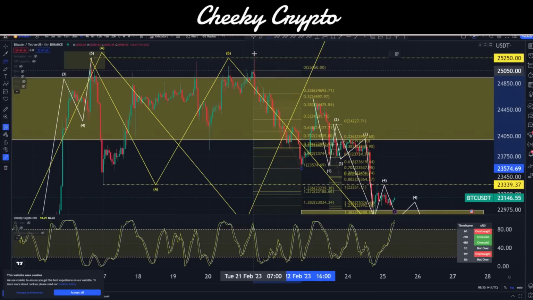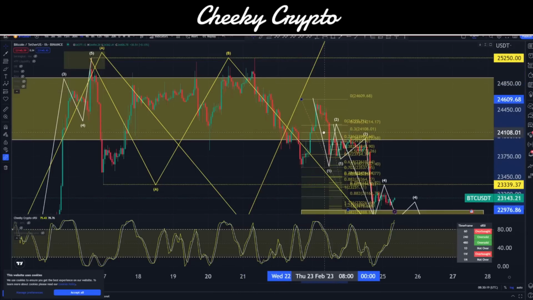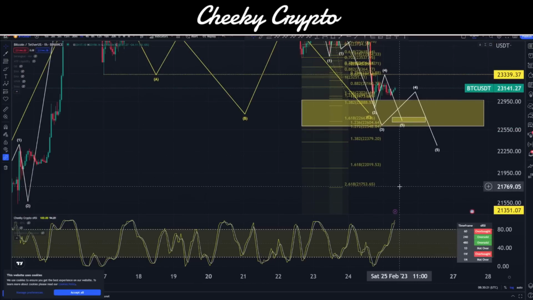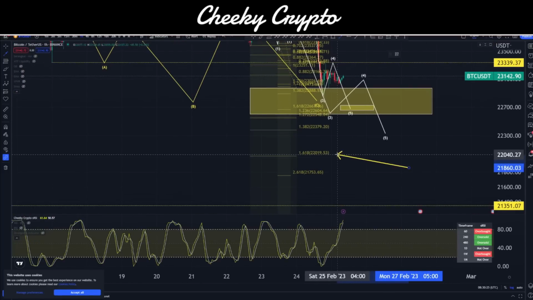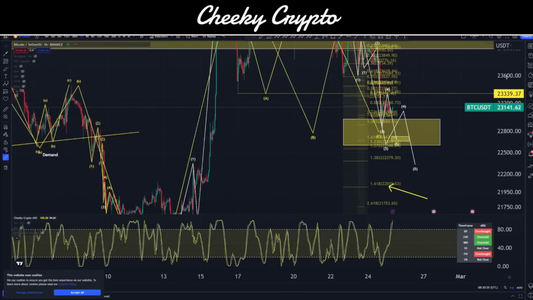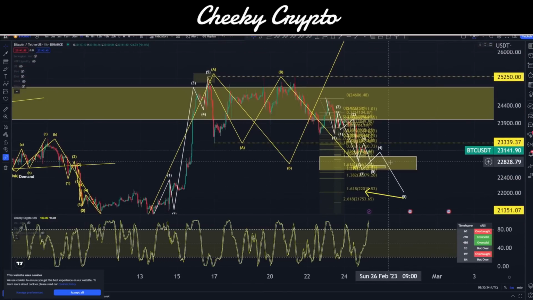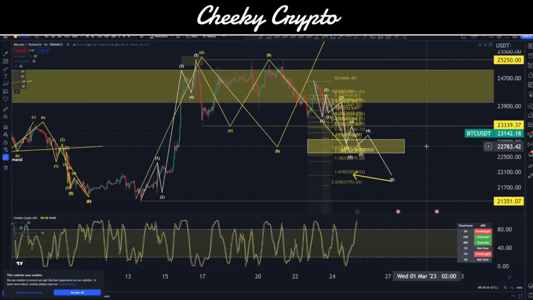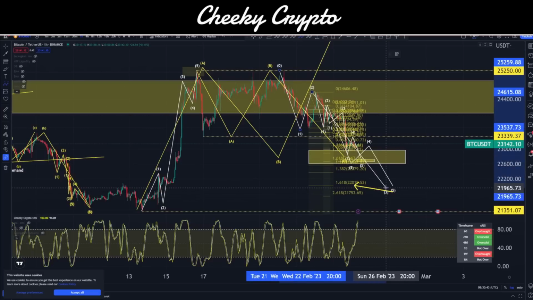Okay, and if we pull this to the upside here and move this over to here, we could look for that 1.618, which would be down here at 22,019.53. If that gets hit, and this fifth wave here goes down into that level, which will be interesting to see if it does happen, it's a bit of a stretch, but if that were to happen, then you consider this a wave 1, this a wave 2, and all of that as a wave 3 before going up into a 4 and a 5.